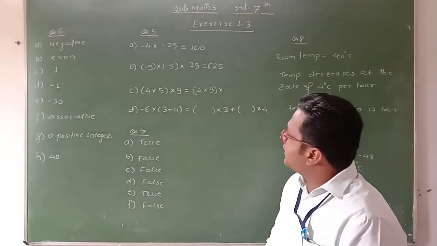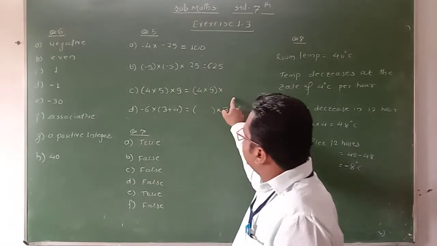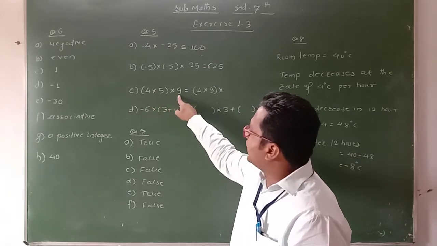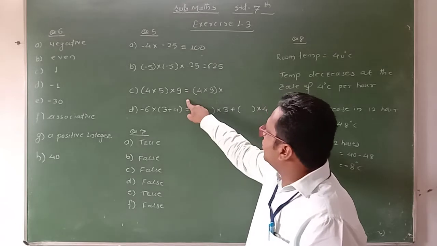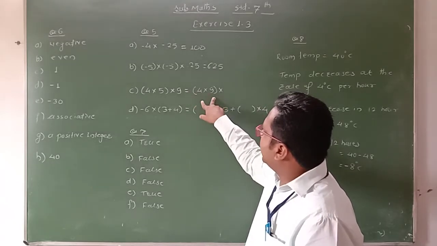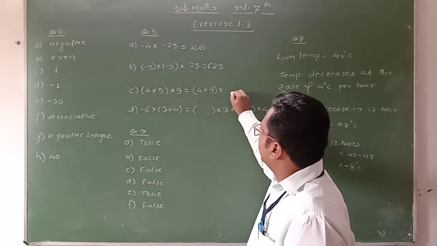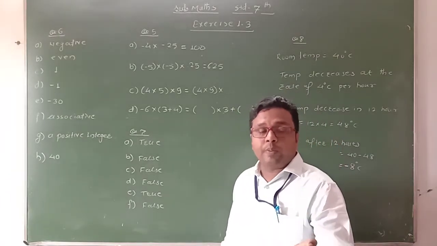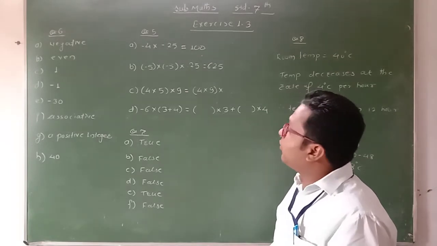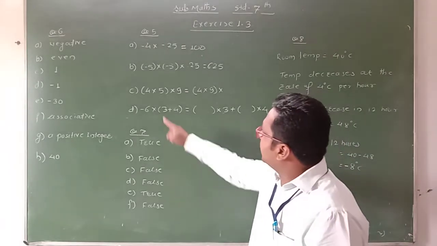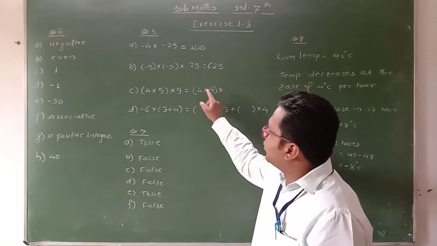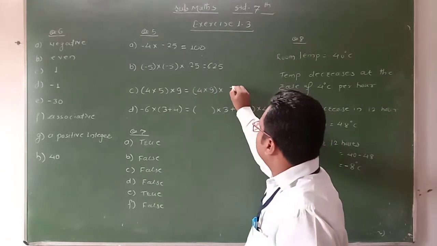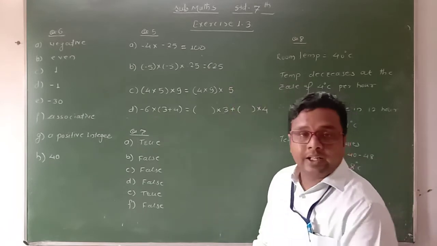Okay. Then see the next example. It is given in brackets 4 into 5, bracket close, into 9, is equal to 4 into 9 in the bracket, then multiplied by which integer here? We remember the property: which property? That is the associative property for the multiplication of integers. There are 4 and 9, 4 and 9. So which integer is remaining here? There is 5. Therefore we can write 5 there.